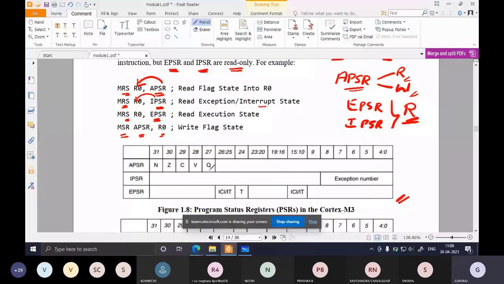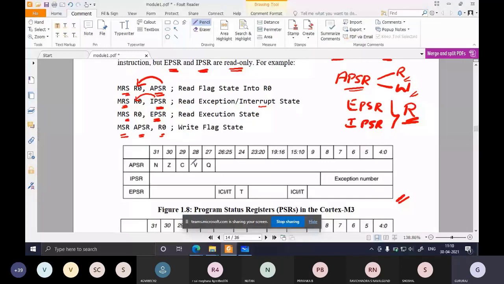These are the flags available in APSR, and the bits are also given here: bit numbers 31, 30, 29, 28, 27. It is a 32-bit register from 0 to 31, totally 32 bits.